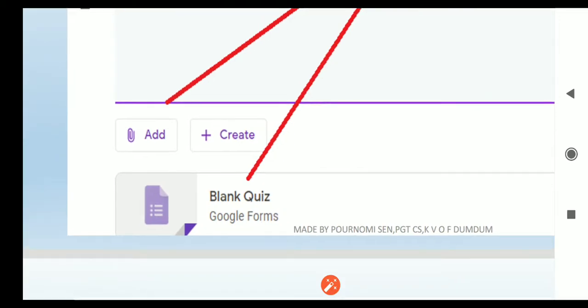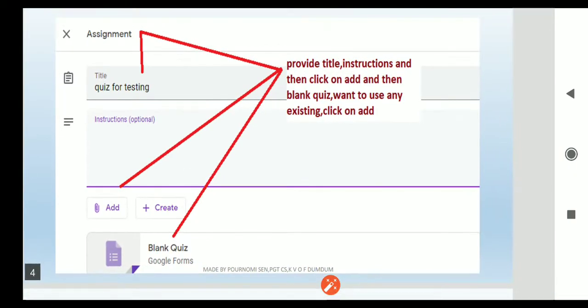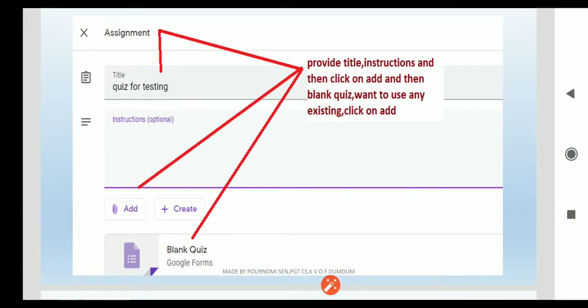So what you have to do from here is provide the title, like I have given the title here, quiz for testing. The instructions field will be shown to you. These are optional as it is labeled there. So you can give an instruction like students please fill up this and submit.